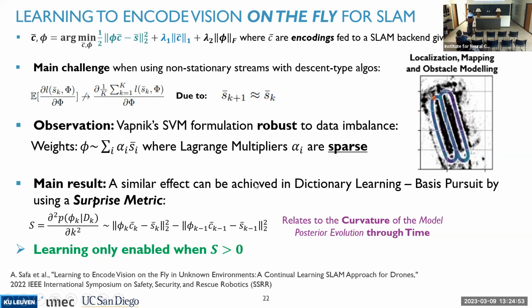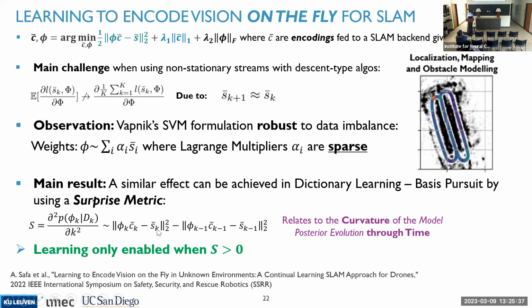And so, for that reason, we'll use a similar approach. We want to provide this SVM sparsity property to our dictionary learning problem. So the main result that we have derived, and you can check the relation in the manuscript, is that you can achieve a similar effect as what is done in the original SVM for the learning of the Phi dictionary, which is the hyperplane, using a certain stepwise metric. This stepwise metric is in fact approximately equal to the difference between successive reproduction errors.